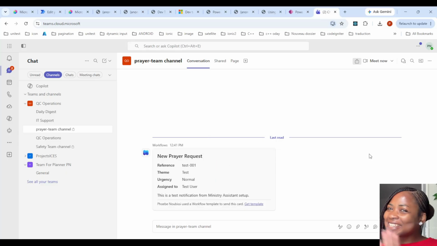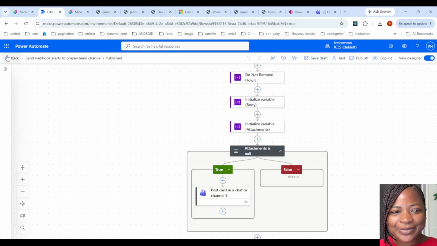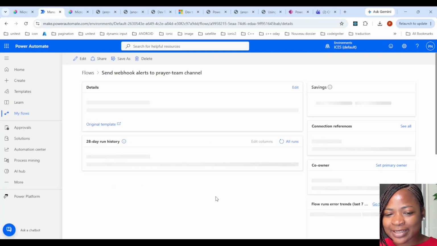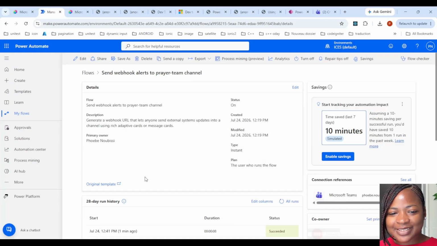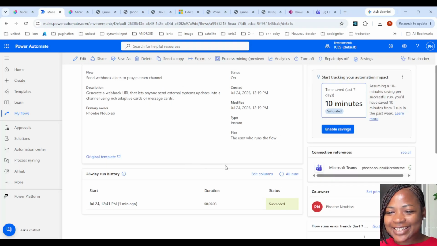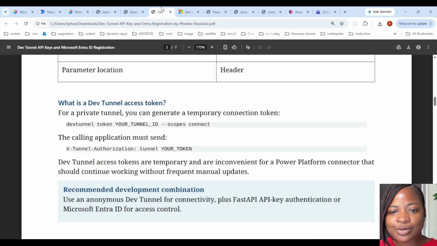Guys, the integration is working. I'm pretty sure the flow has run to here. So it's working. It's really working. I mean, I can test it on the UI too, but if it's already working in the backend, it should work on the UI. I think the next thing that we should also do